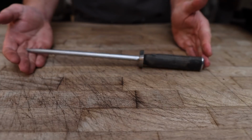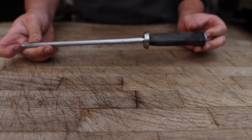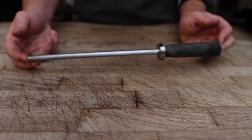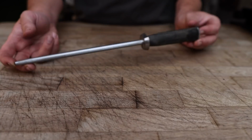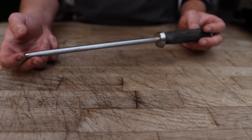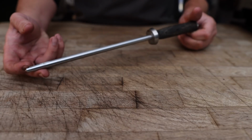And lastly, a good knife steel. These are super cheap, readily available, and this is basically just gonna help keep your knives sharp. It doesn't actually take any steel off, so it's not a sharpener, but it just helps realign your edge on a microscopic level to give you the sharpest blade possible, keeping everything safe and making sure you have complete control. Again, it's amazing how much difference one of these can make after just a few passes. But speaking of knives,